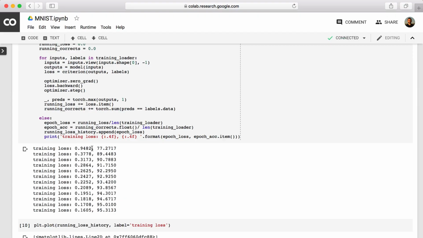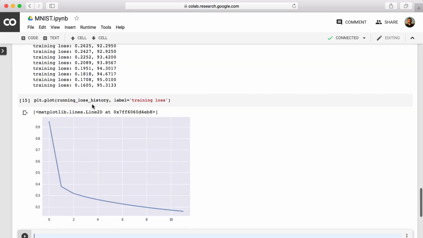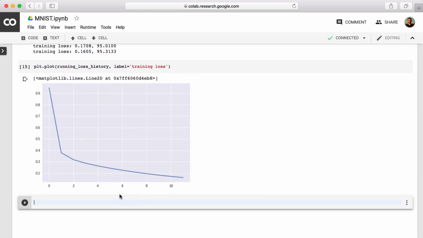All right, we see a much smoother training process. It seems that as the epochs progress, the loss continuously decreases. It's not flip-flopping back and forth. Had we specified more epochs, it seems that the loss would have still continued to decrease. So we see a much smoother learning process with a fairly reasonable accuracy. If we plot the loss, clearly a lot smoother. We can now plot the accuracy at every epoch with